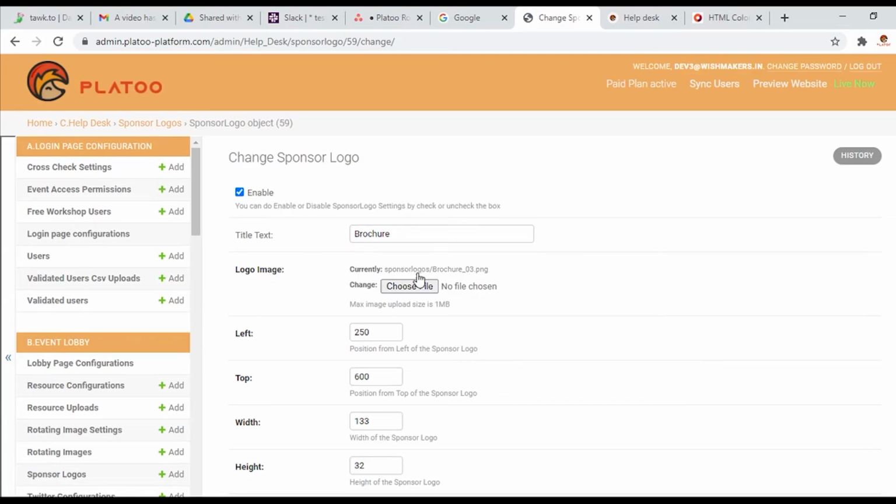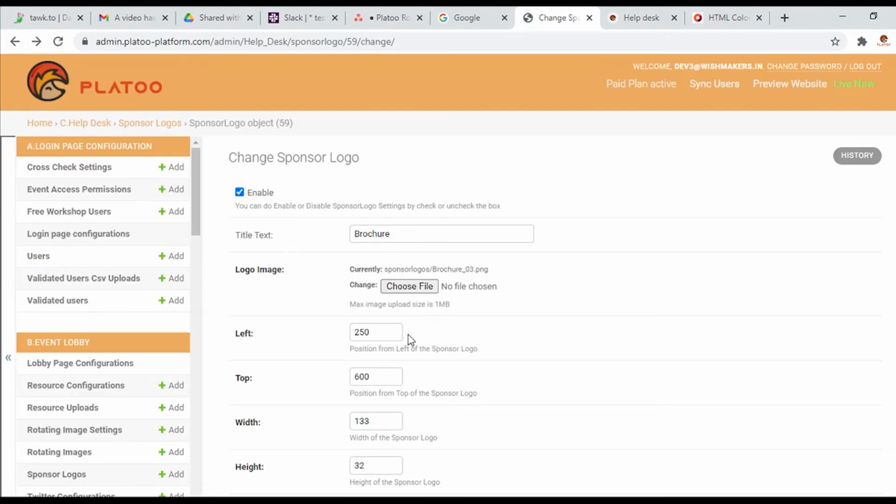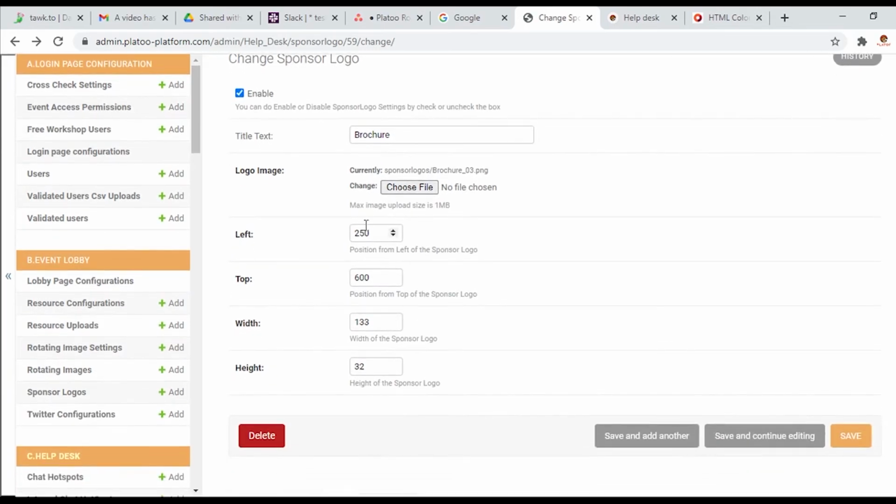Then you have to add a logo image, whatever image you feel like. It should be 1 MB, and I have chosen this pic and this brochure as an image. Then you have to just put your coordinates here like we do on Paint. So I have put that here and save.